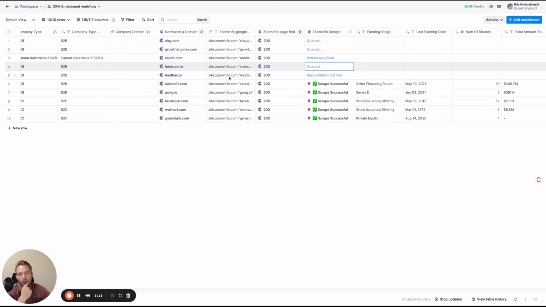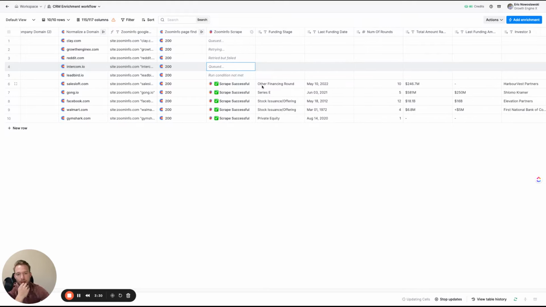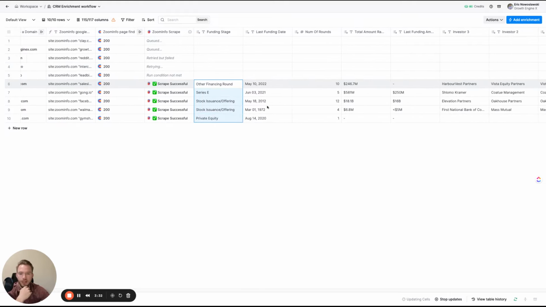This is just in case we look for a ZoomInfo URL, but it doesn't actually include the website that we were searching for. It'll block everything from there so that we're not doing a search for one website and then not getting the website back. So anyway, then we scrape it with Zenrows,